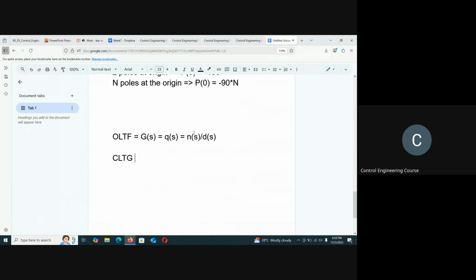So what is the closed loop transfer function now? G by 1 plus G, right? Correct? So the poles of the closed loop transfer function are nothing but the zeros of 1 plus G. But what is 1 plus G? It is 1 plus N by D, which is